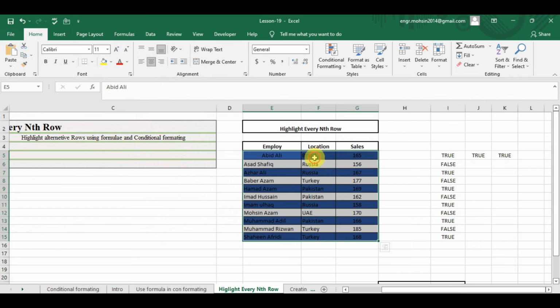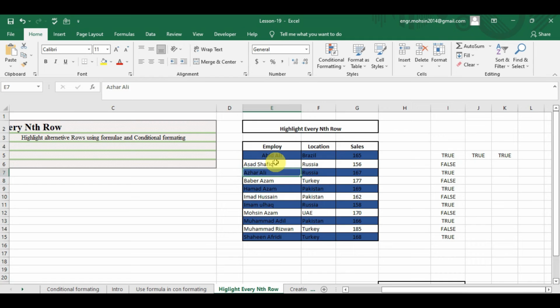Here we have the first row highlighted, then the second is not highlighted, then the third is highlighted. If you want to change it, like if you need the second row to be highlighted,